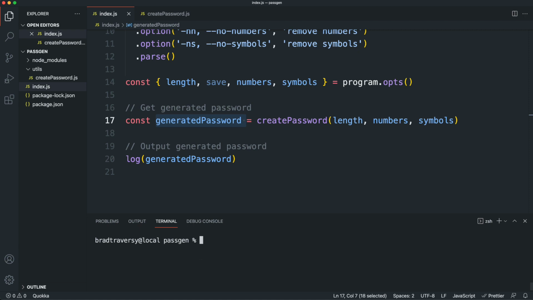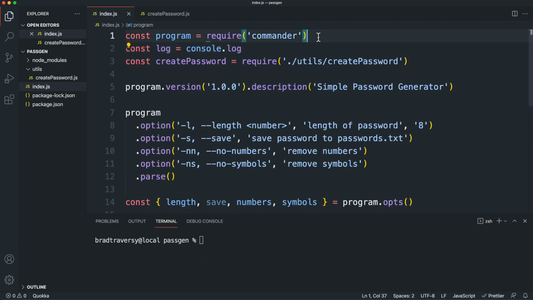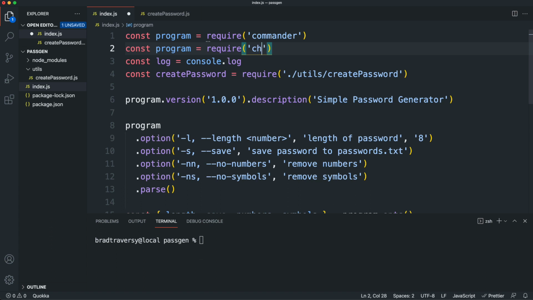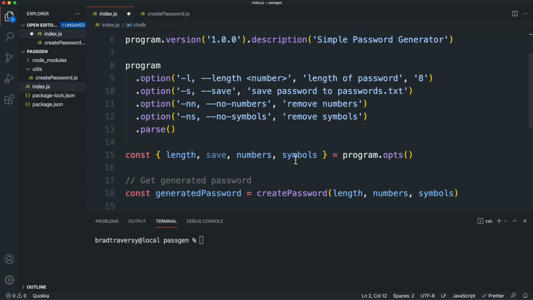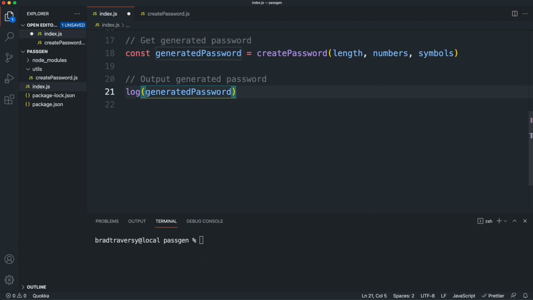Now the output is just the password. I want to change that up a little bit, make it a little nicer. So we're going to use chalk for that. So let's go up here and let's bring in chalk. Call this chalk. Okay, and then let's go down to where we're outputting right here. And I'm going to add inside log, let's do chalk.blue. And I'm going to have a label that says Generated Password: